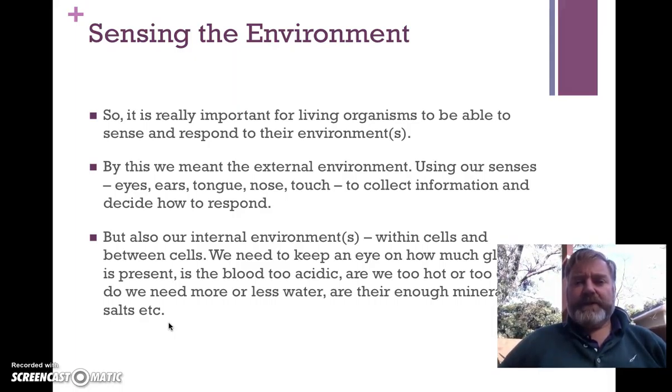No matter how big you are, you need to be able to sense your environment and decide how to respond. So even worms have little light receptors, and as they move their way up through the soil, they get to the surface, they sense light, and they go back down again. Because if they come to the surface, they get eaten. At night time, of course, they'll come to the surface because there's no light, unless it's a full moon, and they'll even react to the full moon and go back down. Because on the surface, there's much more danger.